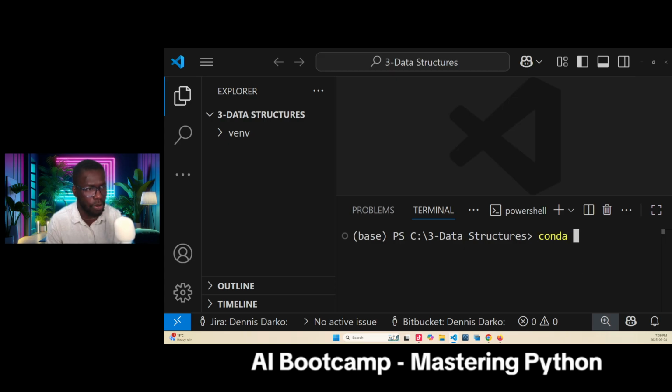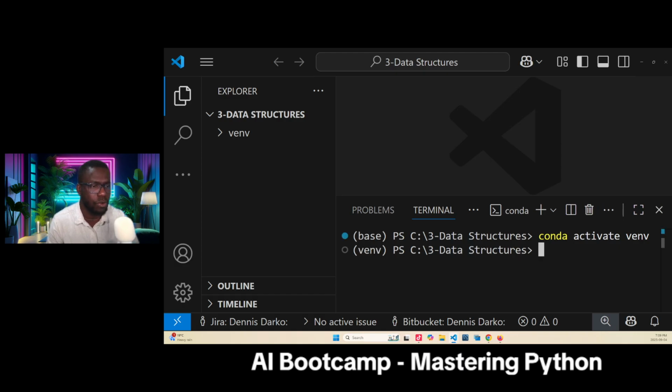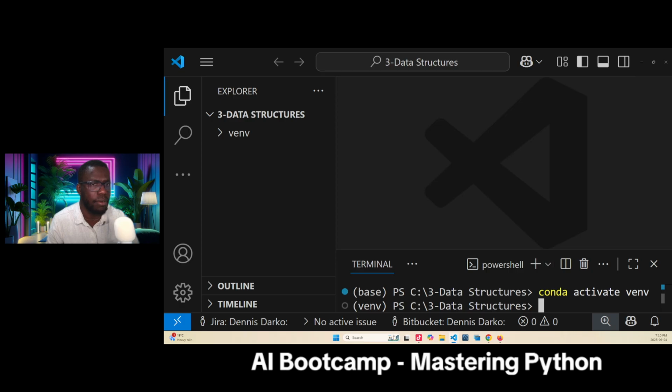And you can just say conda activate. Then what is the name of our virtual environment? VENV, which is this one. So I just come here, press enter like this, and then I activate it. Now we have our virtual environment running, and then in our node, we create a notebook. For you to create a notebook, you just come to the left side of the VS Code. Already we have a virtual environment, so we click on this empty space here,